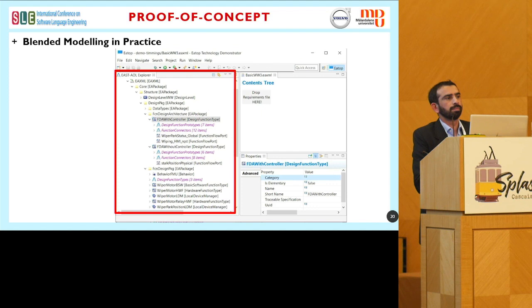And here I also want to ask the author, because we were working in the same project, and we developed a textual language for EAST-ADL as well, and we also have a working paper for blended modeling on EAST-ADL. I'm very surprised you also wrote this paper.